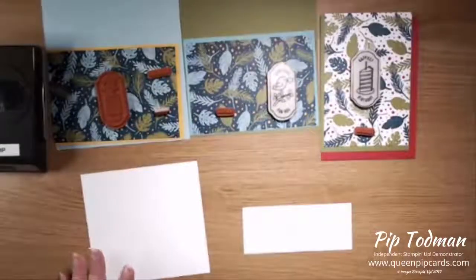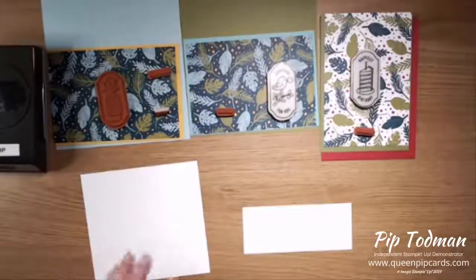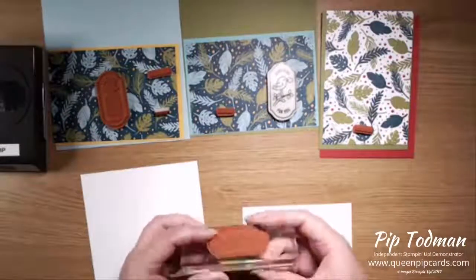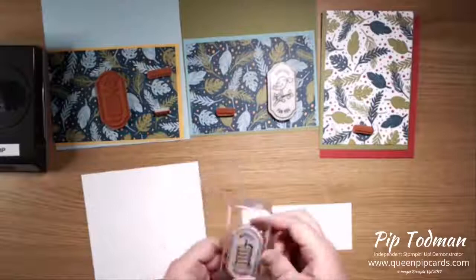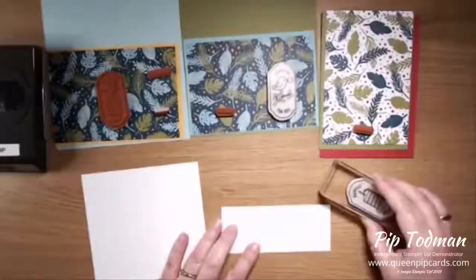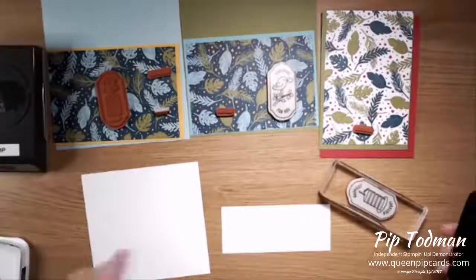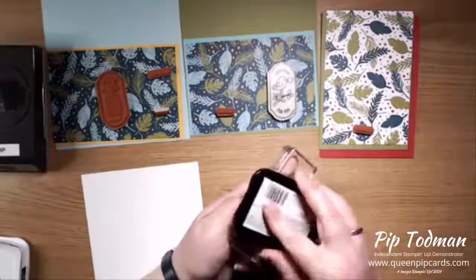So now we've got our stamps. Now they fit beautifully on this block, and this is an H block. Okay, just in case you're wondering. So they fit great on there. And because I'm going to be using my stamping blends for at least some of them, I'm going to use my Memento ink. So Memento ink,